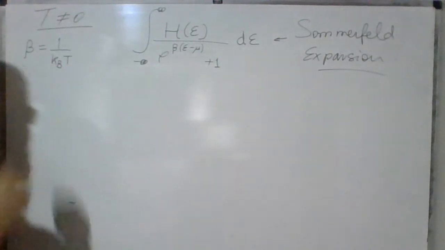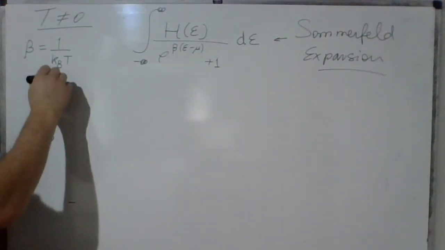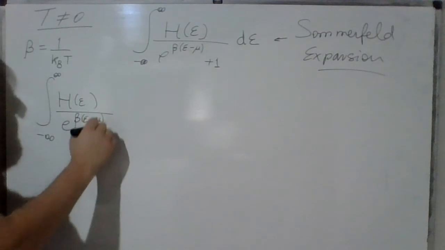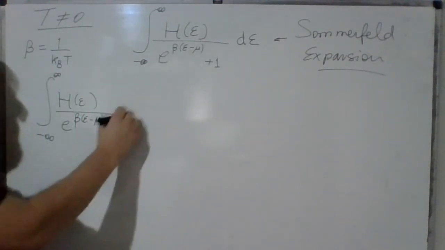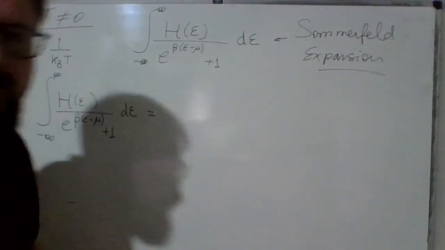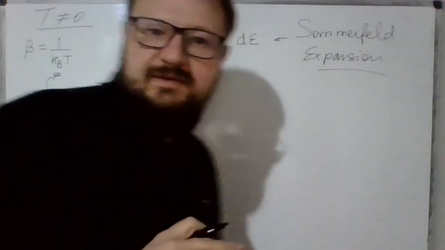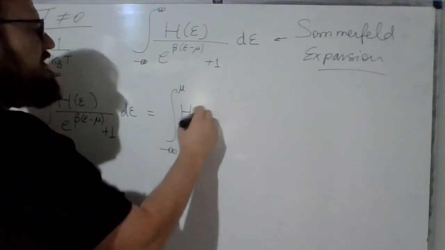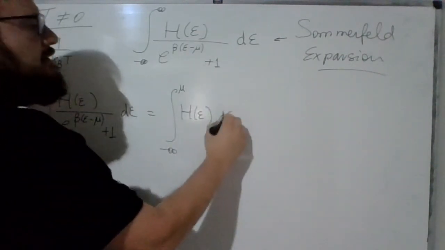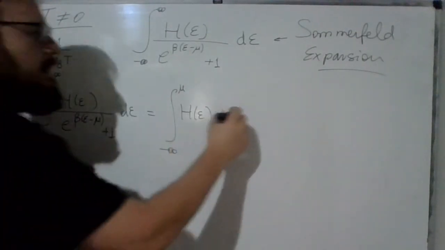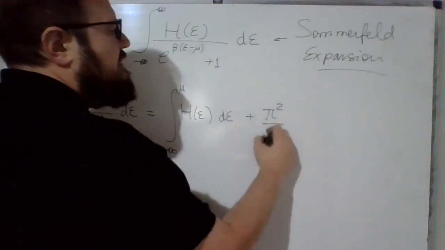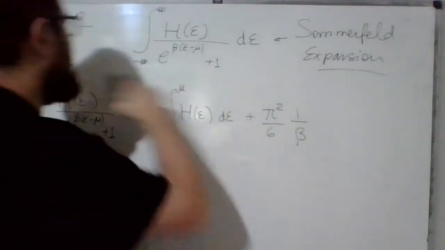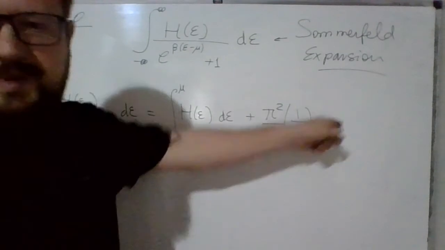Okay, Sommerfeld expansion. For integrals of that form, you can perform some tricks to do those integrals. You integrate from minus infinity to the chemical potential this integrand here. So this is the Sommerfeld expansion, plus pi squared divided by 6 times 1 over beta squared, but this is just the kBT squared, so it's temperature squared in the end,